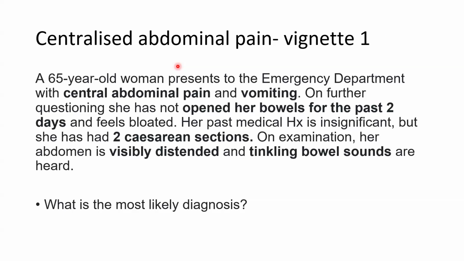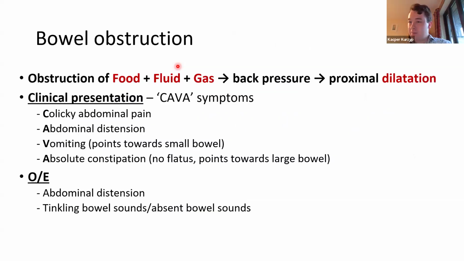Bowel obstruction? Very much so. So, in bowel obstruction, we have, as the name suggests, food, fluid, gas that cannot go through. We have back pressure, the segment of the bowel which is proximal or upper to the site of obstruction becomes dilated. Now, the classical symptoms of obstruction are the colicky abdominal pain, comes and goes,